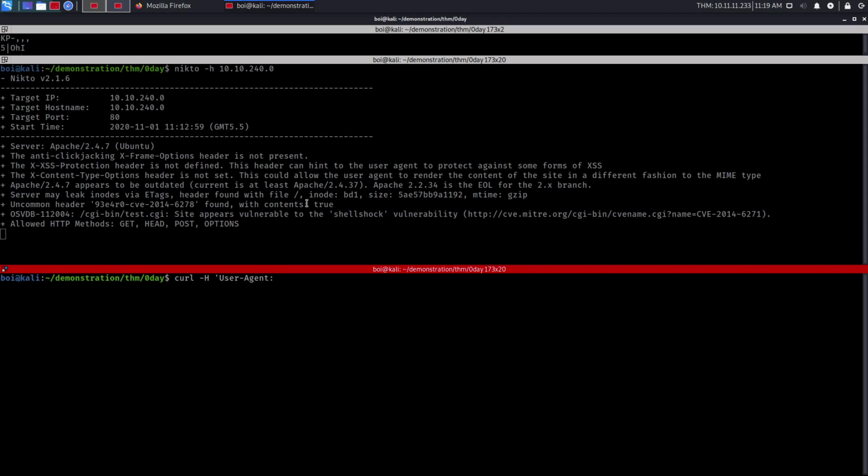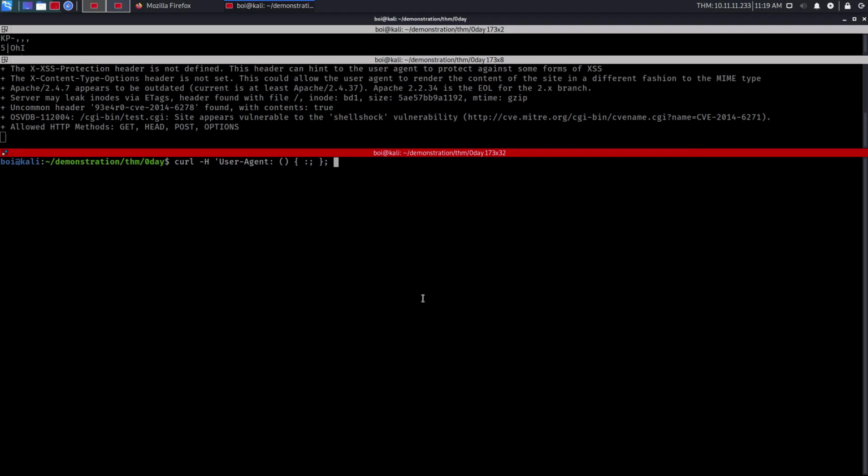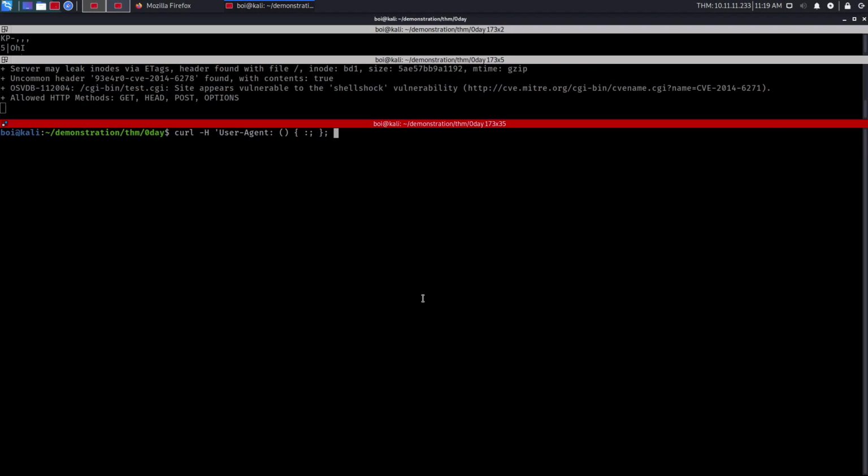So in Shellshock, this that I'm typing right now, this piece of code basically gets the bash shell to execute whatever is after this. So if, suppose, I were to ping myself, the server would ping me. I'll just demonstrate that, sort of like a proof of concept. All the proofs of concept are made when the vulnerability is discovered.